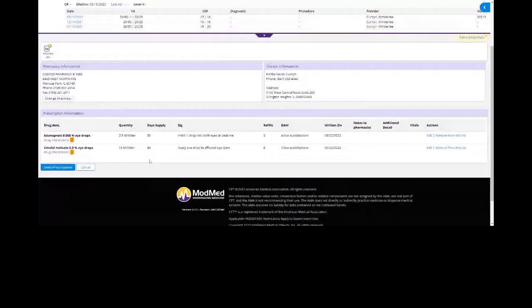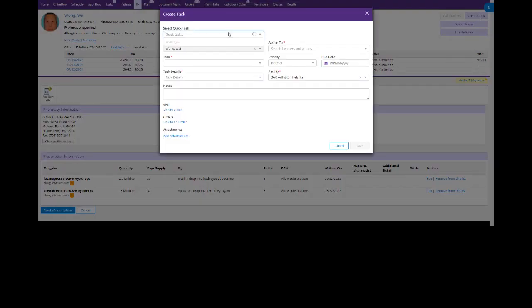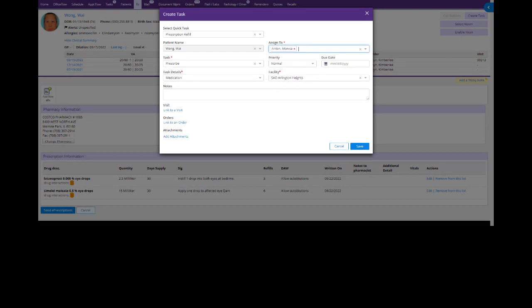And while you're on the screen, you can always start a task stating that you're about to send it in. So what we're going to do here is create a task and change this to refill prescription. You don't have to change any of these, it's pre-filled for you. Then you want to assign it to yourself so you can complete this task, so we know that I was working on it. If I go back to the task, whoever looks knows that I sent in the prescription today. So what we're going to do here is write: